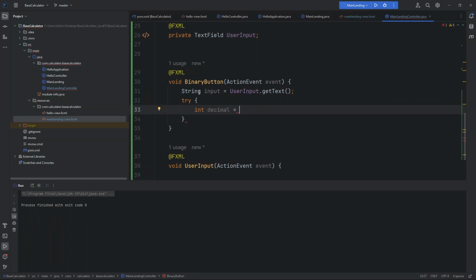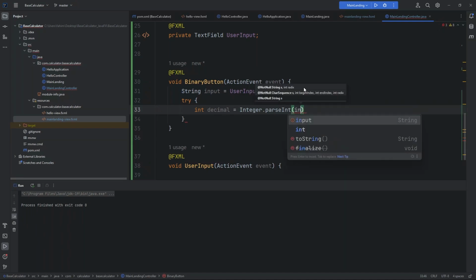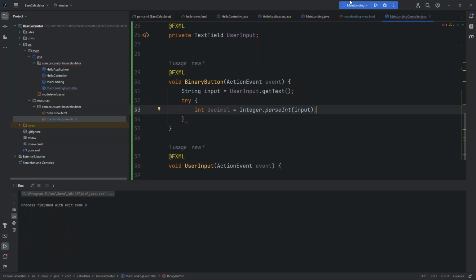In line number 31, I have taken the value from the user as a string, but if I want to convert it into a numeral value, I need to convert it into an integer first. For that reason, I'm going to declare this variable integer decimal, and use Integer.parseInt on the input. So it would simply convert this text to an integer value,